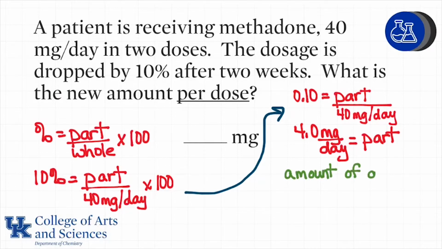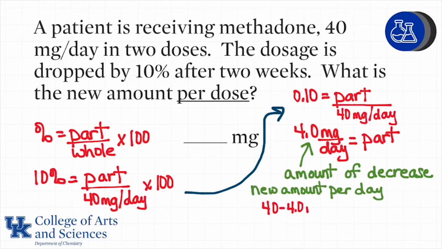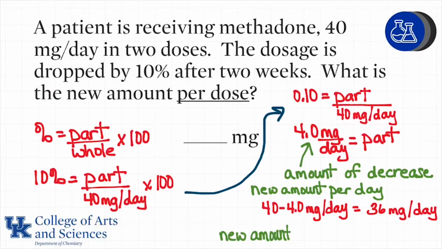And this is the amount of decrease. This is not the amount per day, nor the amount per dose, but simply the amount that the dose is going to decrease by. So now we need to find the new milligrams per day. We know the original amount was 40 milligrams per day, and we're going to take away 10% of that, which is 4 milligrams per day, and we end up with 36 milligrams per day. The total amount per day was spread over 2 doses, so we actually need to divide this by 2, and to get the new amount per dose, we're going to have 36 divided by 2,